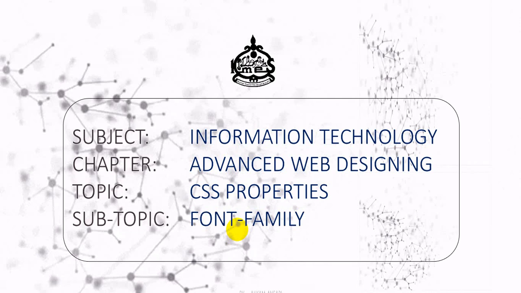Why is it called family? Why not any other name? As we know, a family is a combination of more than one person, or a family can be of anything. You can consider a family as a group of people or a group of things, and you can define family as some basic characteristic or feature which joins each member of that particular group. So font family means we are going to provide some features related to the font.